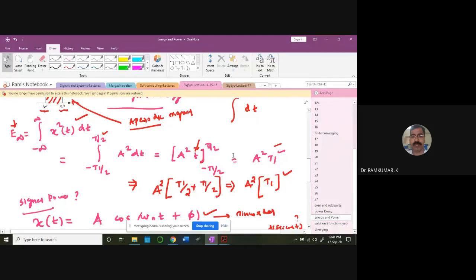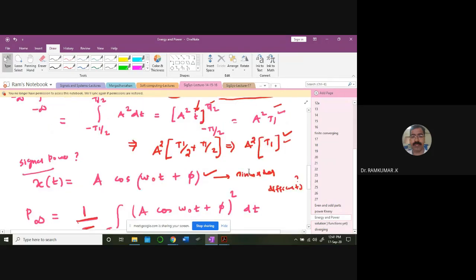When it comes to doing integration, you can refer to Khan Academy. If you have difficulty understanding integration, it's an excellent site. Some basic integrations are neatly explained there. Maybe spend 1 hour and go through some of the basics, and you get more insight. For example, for A square t, how do I apply the limit? You apply the top limit first, t1 by 2, minus the bottom one, which gives minus t1 by 2, so minus of minus becomes plus. So A square t1 is what you will be getting. You have to go back and refer to that.